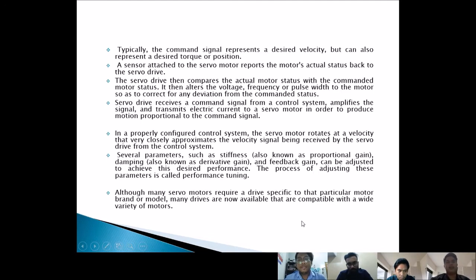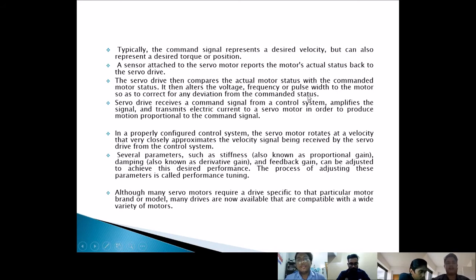Next, I will explain how the servo motor functions. Typically, the command signal represents a desired velocity, but can also represent a desired torque or position. A sensor attached to the servo motor reports the motor's actual status back to the servo drive. The servo drive then compares the actual motor status with the commanded motor status. It then alters the voltage, frequency or pulse width to the motor so as to correct for any deviation from